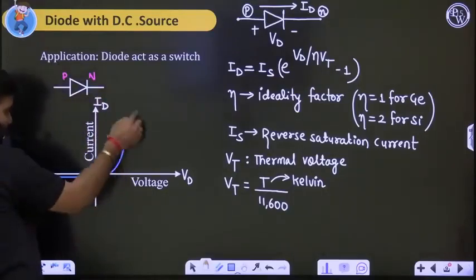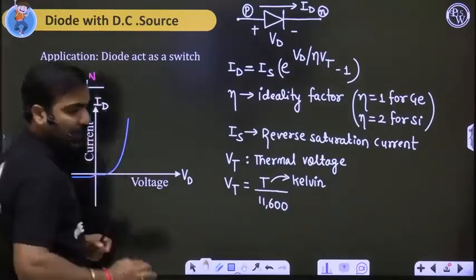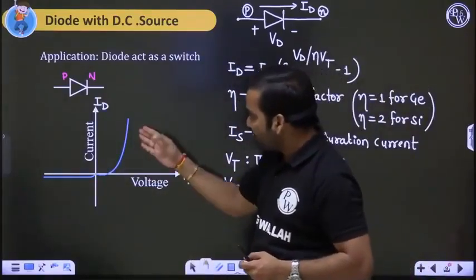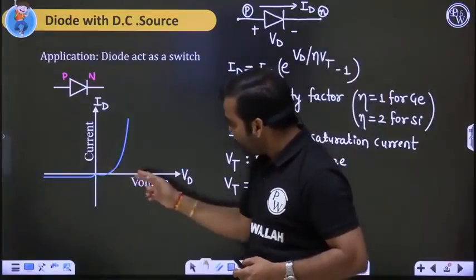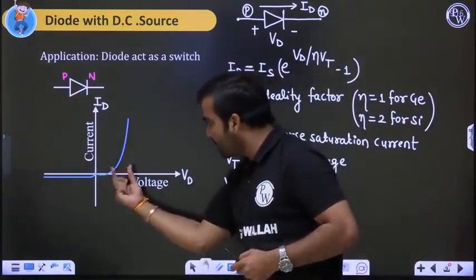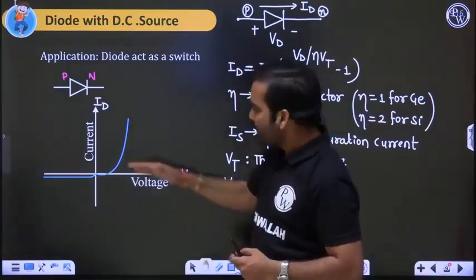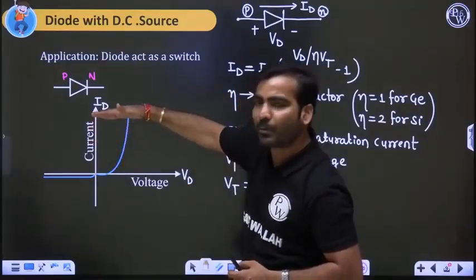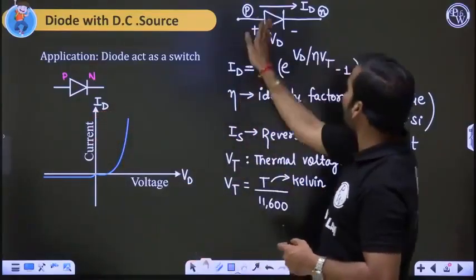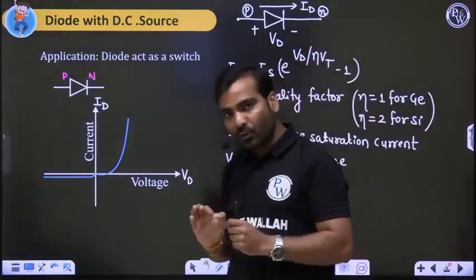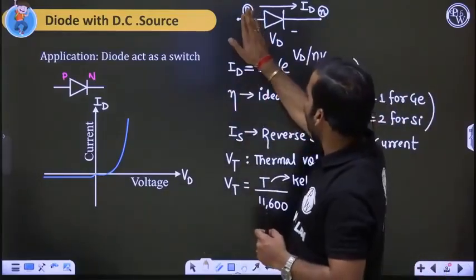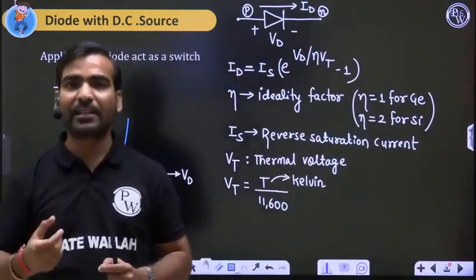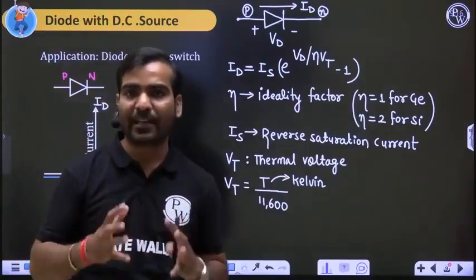In this first quadrant, whatever characteristics is there, that characteristics is known as forward characteristics, because in this case, current is very large. With this voltage range, current is in some milliampere range. If we give some numbers, some 1 milliampere, 2 milliampere, 3 milliampere, 4 milliampere. Meaning is that in the P to N direction, sufficient current flows whenever P side voltage is positive with respect to N side voltage, or we can say diode is forward bias. In this case, current is exponentially related and a nice current is flowing in the device.